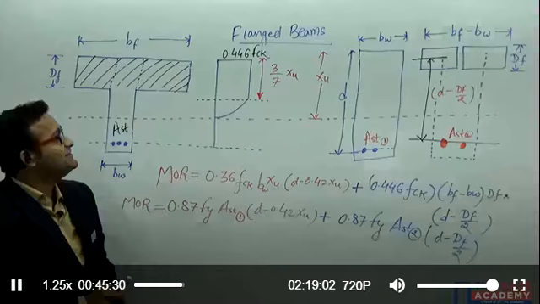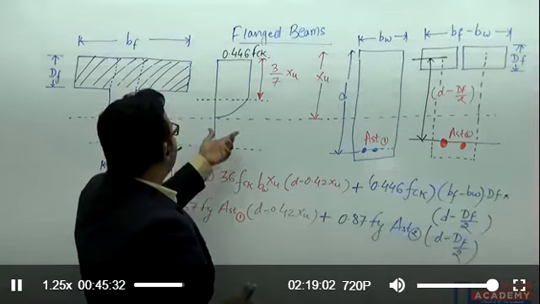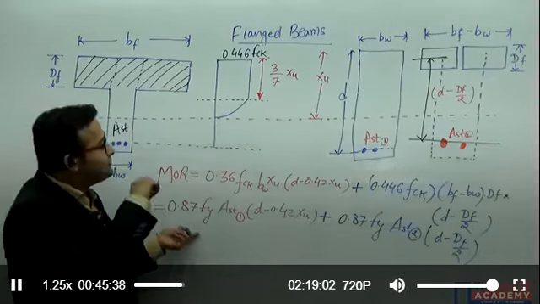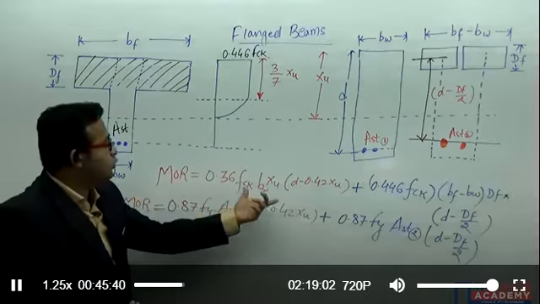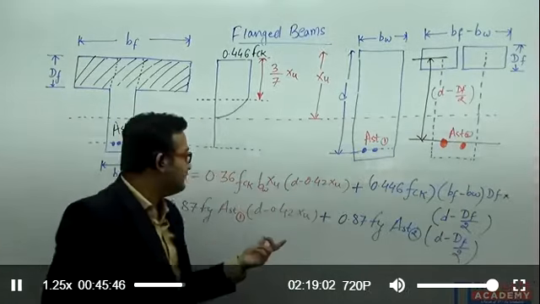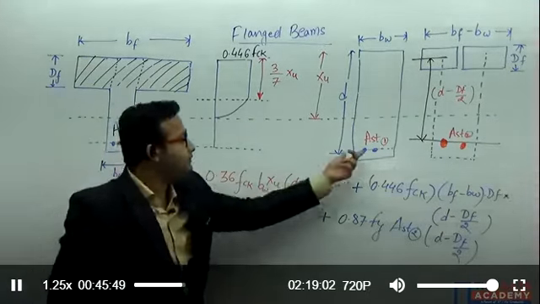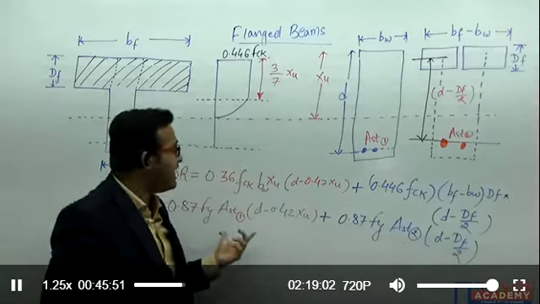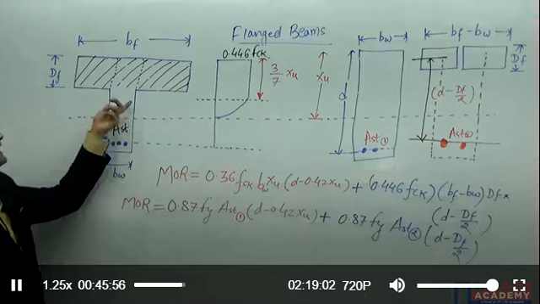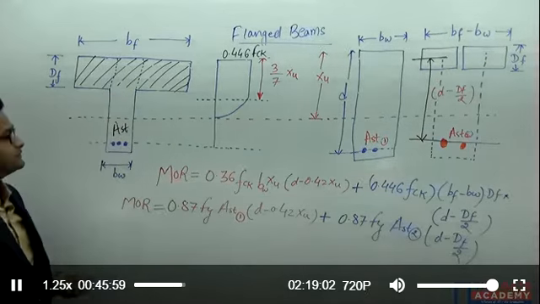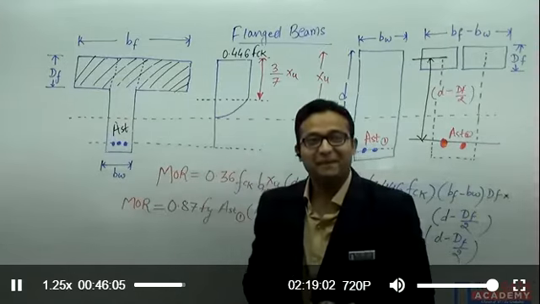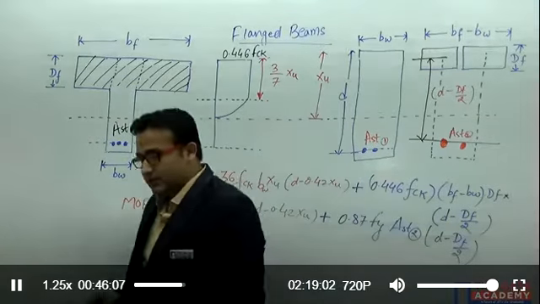Right? So in this way, we have calculated the total moment of resistance in the compression zone as well as in the tension zone. Here we can observe, this is due to the web portion and this is due to the flange portion. And this is also the moment of resistance due to the web portion and the flange portion. If I add these two moments of resistance, this will be the total moment of resistance given by the total flanged beam. So in this way, I calculate the total moment of resistance in my given section. So, any doubt?